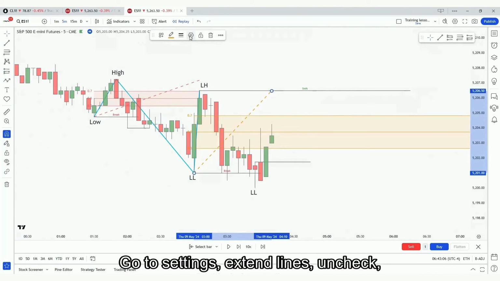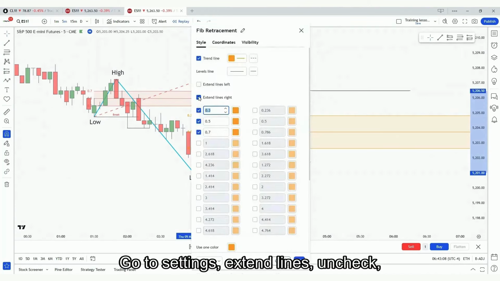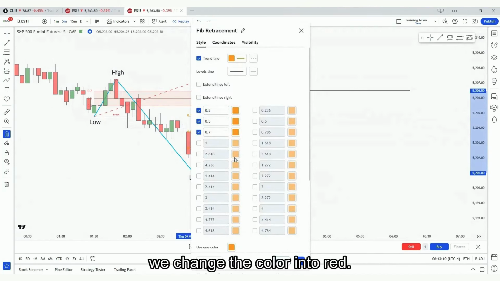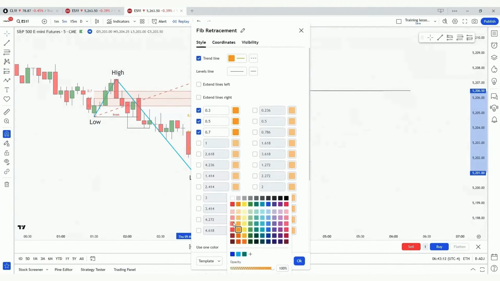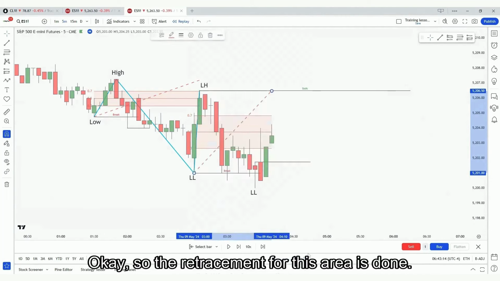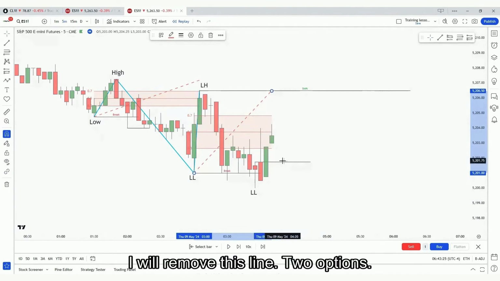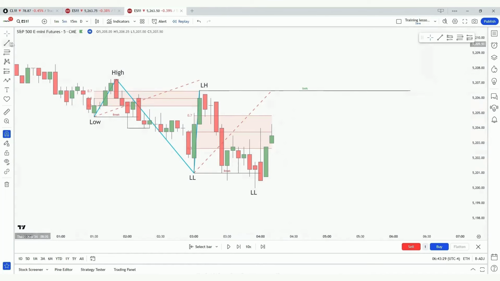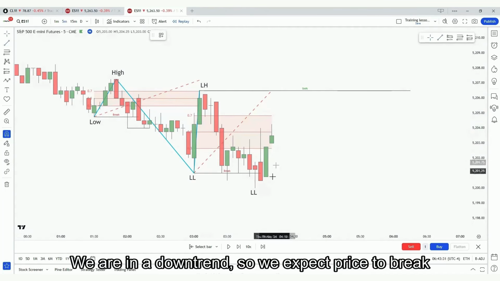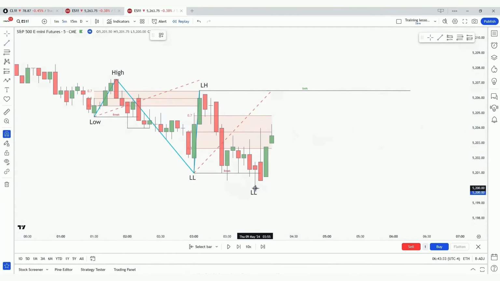Go to settings, extend lines, uncheck. We change the color into red. Okay. So the retracement for this area is done. I will remove this line. Two options. We are in a downtrend, so we expect price to break this lower low